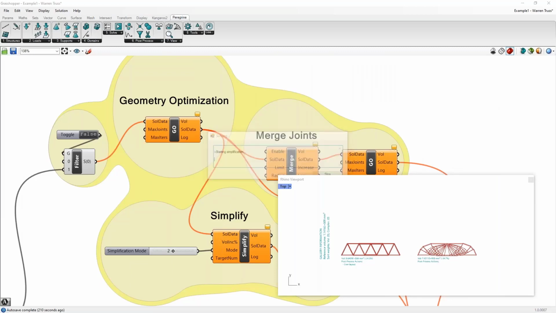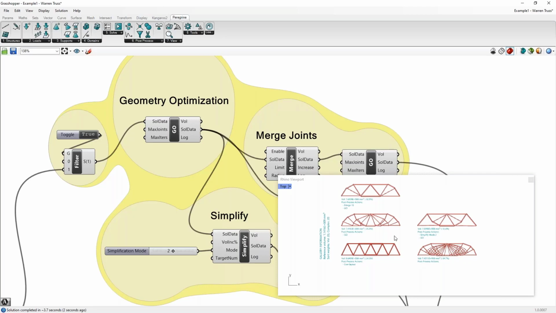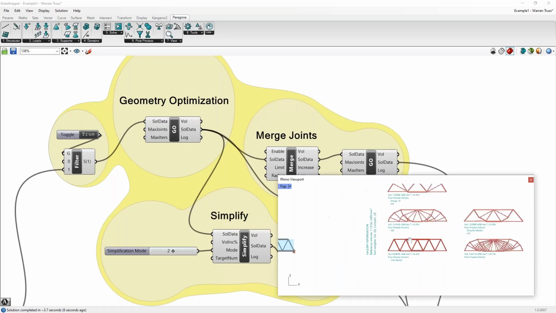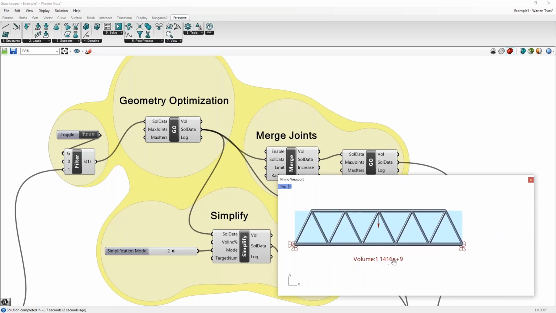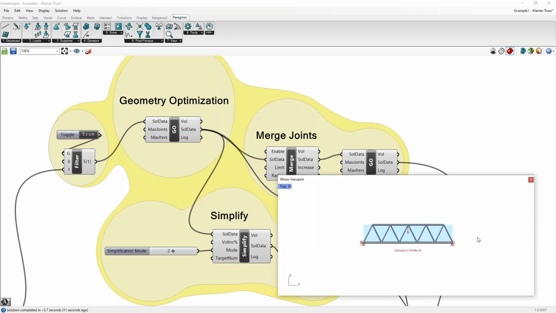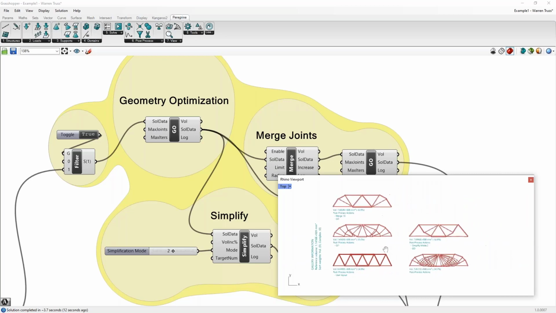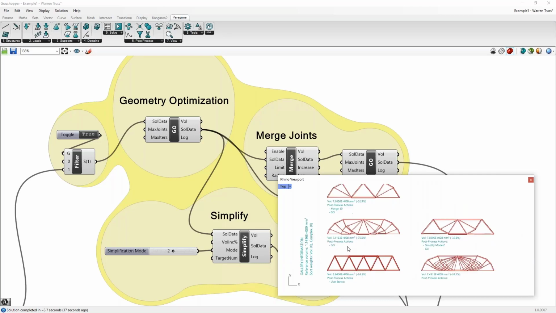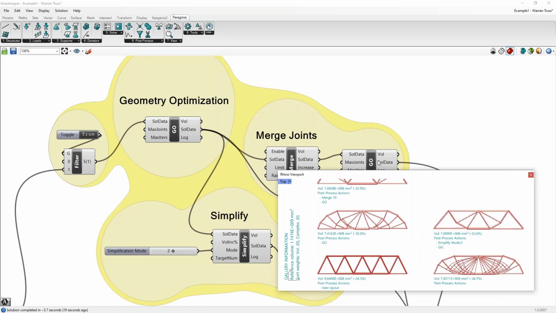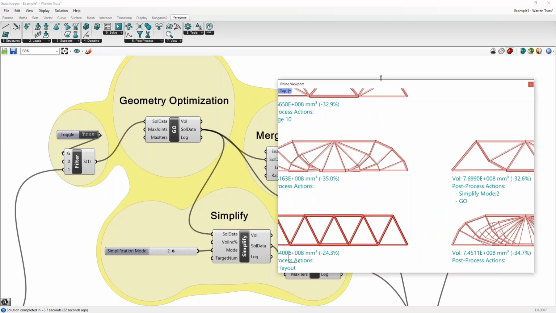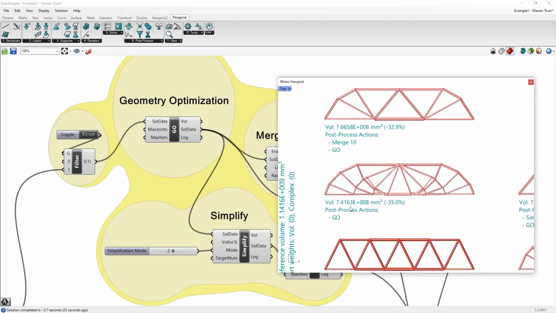So what I'm going to do is I'll go there and I'll turn on this post-processing, and you can see in the background that it's just working through. And now we have a number of different options for our design. So on the left-hand side here, again, we can see our original Warren Truss design, but if I move to the right, we have our size optimized one, we have our layout optimized one, and if I zoom in and maybe make that a little taller, we can see here geometry optimization actually allows us to reduce the volume even further, so utilize less material,